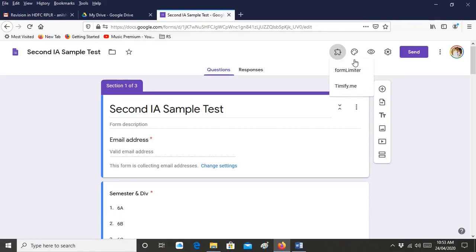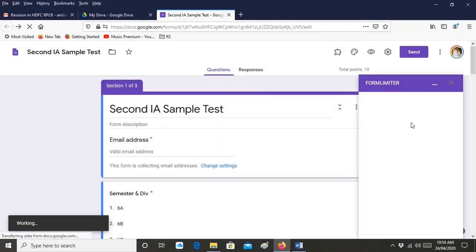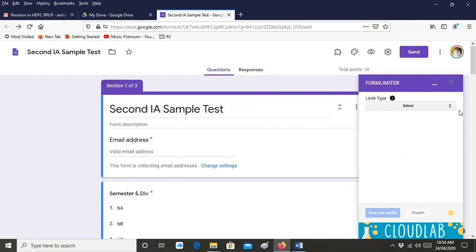So how to set the form limiter? Go here, click form limiter, go to set limit. You can see a window come up on the right side. Go there, select the limit type as date and time.